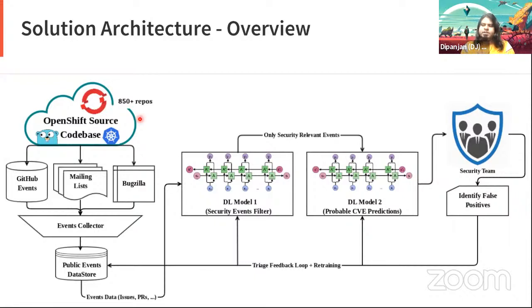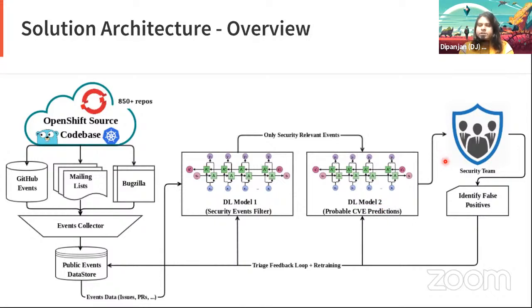So imagine that there is a big product which has been built on top of all these libraries. And we were tracking each of the libraries here. We used to monitor the GitHub repository for that library. We used to monitor public forums and mailing lists, as well as Bugzilla, where people file bugs. We used to collect all the text-based information from these sources on the web and then store it in a database. And then we pass this through our trained models, which essentially helped us in predicting whether there was a